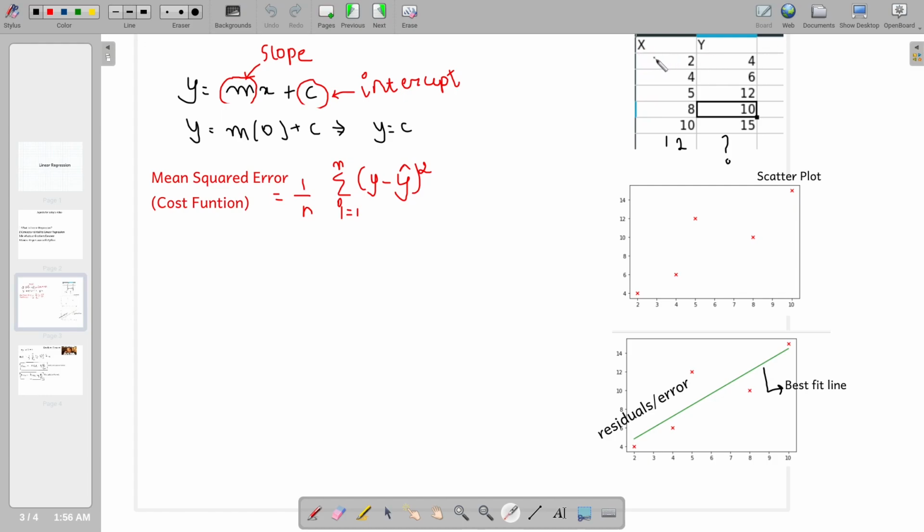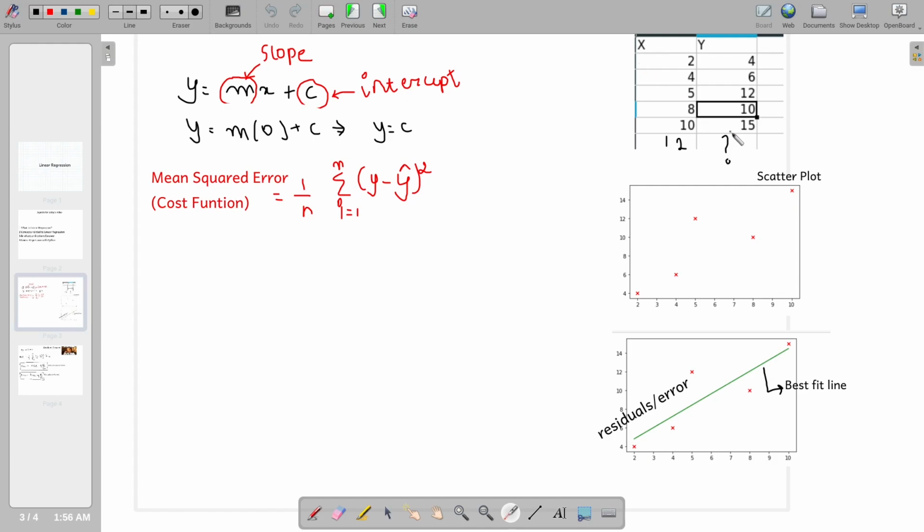Here, I have two features x and y, where x is nothing but my independent feature and y is nothing but my dependent feature. As you can see, there is a bit of a linear trend in this data. When x is increasing, y is also increasing. Oh no, we have one question mark. I guess this would be an objective that would be solved by the end of the video. The objective would be: what is the value of y when x is equal to 12? Let's see at the end of the video.